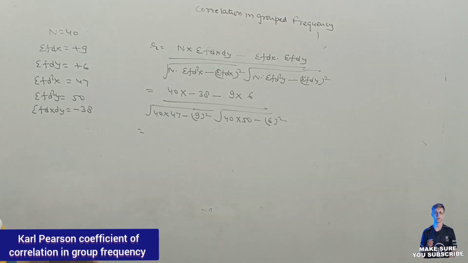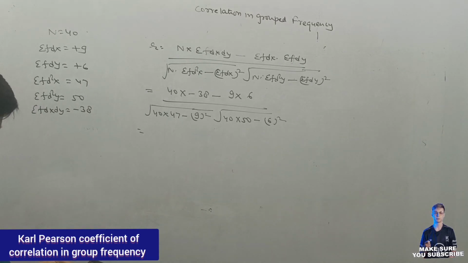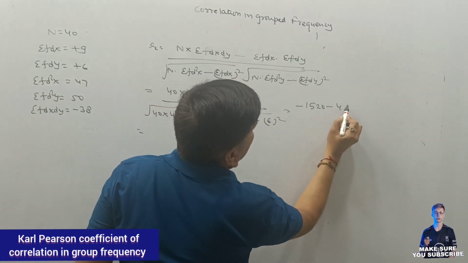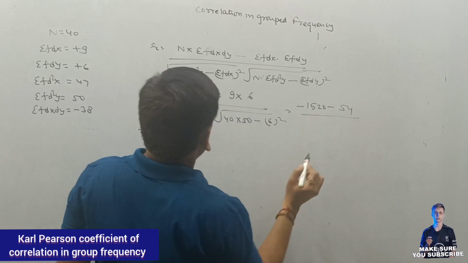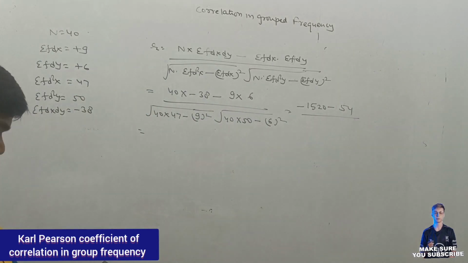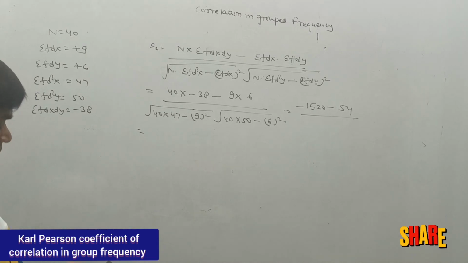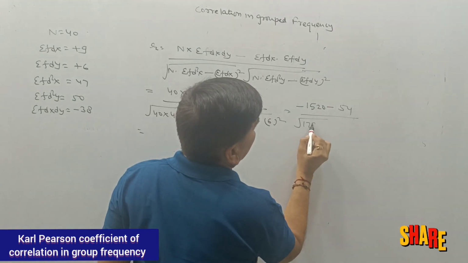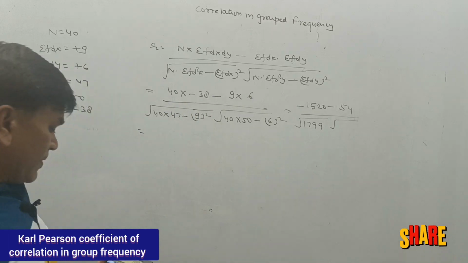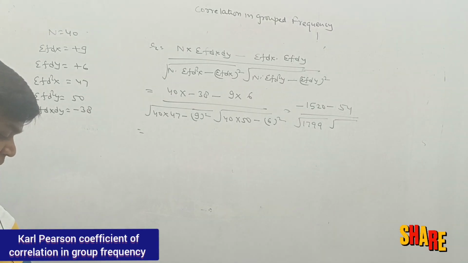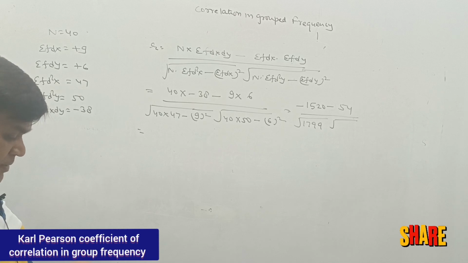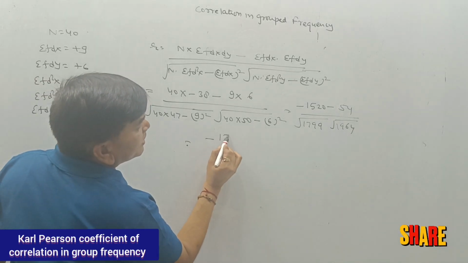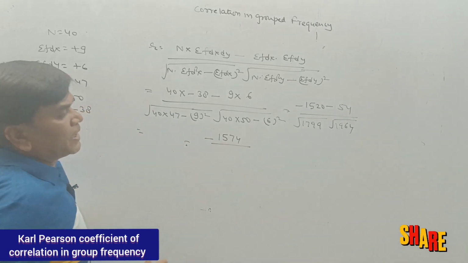So by calculating this, 40 multiply 38 with the minus value is minus 1520 minus 54, divided by 40 multiply 47 minus 9 multiply 9, value 1799, and 40 multiply by 50 minus 36, so the result is 1964. So this is minus 1574 divided by